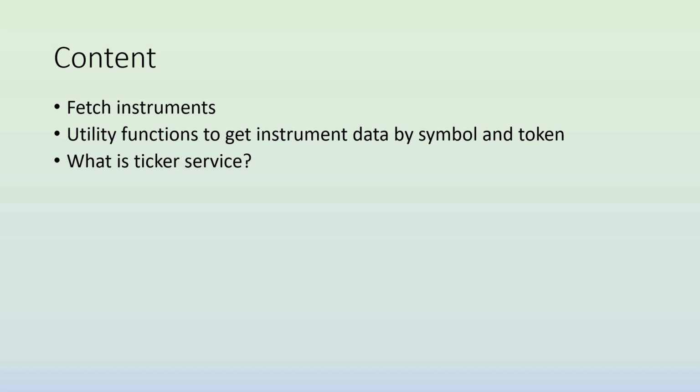So basically, we need to provide a callback method where we receive the ticks. Unlike HTTP based, where we just send a request and get the response for the same request, here we subscribe from one place and start receiving ticks in some other place. That other place is nothing but another function. We call that method a callback method. We receive the ticks in that callback method. And the ticker service is faster than the normal get quote API, which is HTTP based.